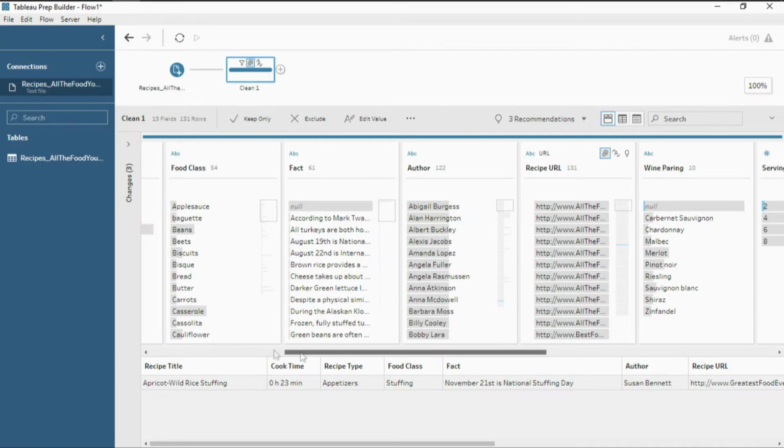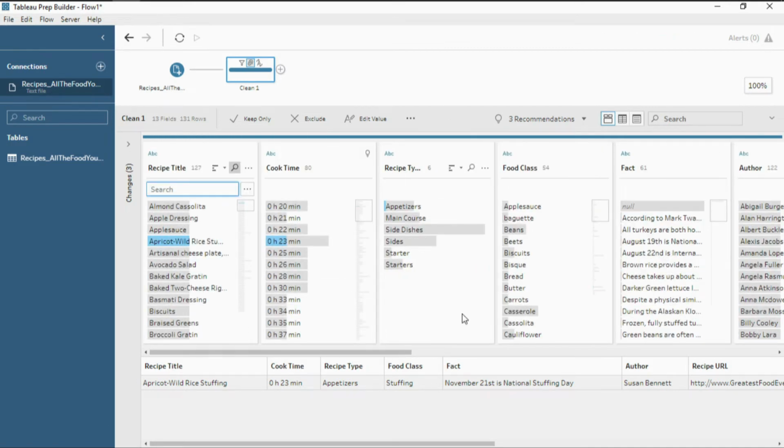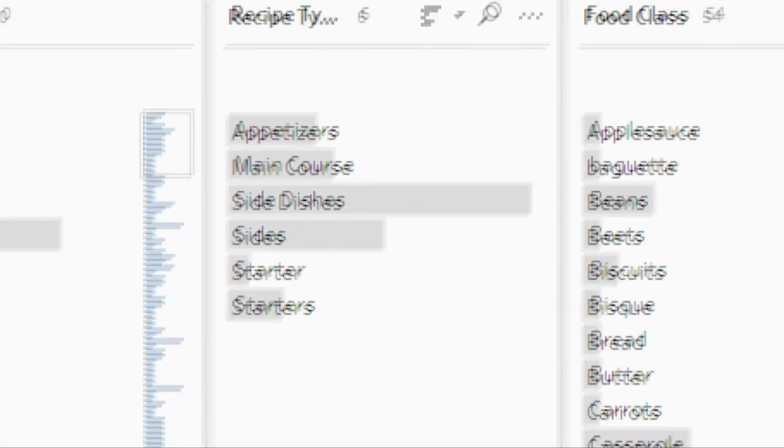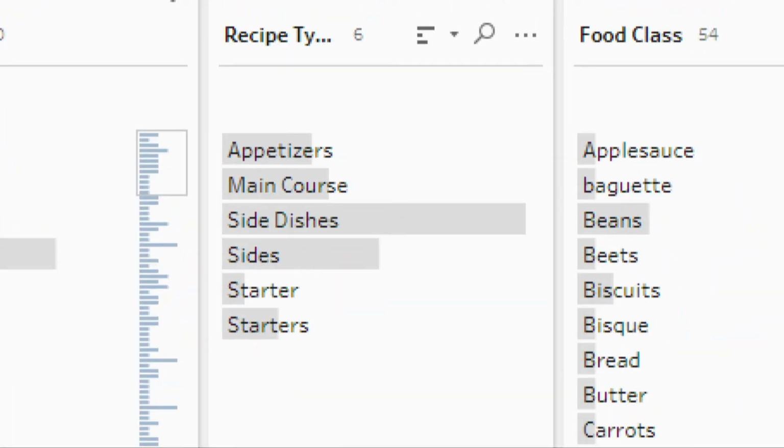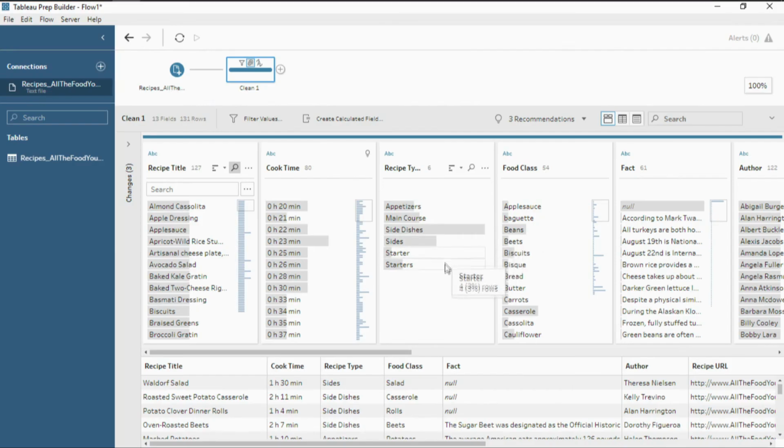Next thing that I saw when I was exploring my data is that these recipe type fields look a little bit wonky. It looks like some of the recipes list appetizers, main courses, that makes sense, but sides and side dishes should be the same category. Starter and starters should be the same category. I could manually select these and group them together,